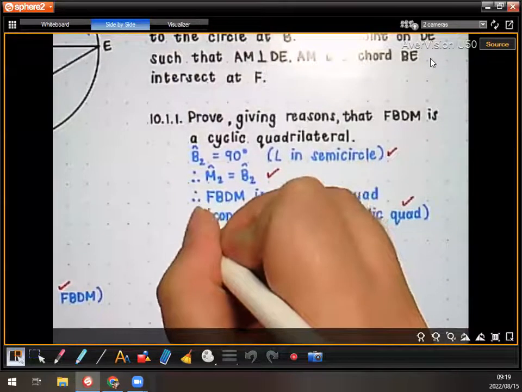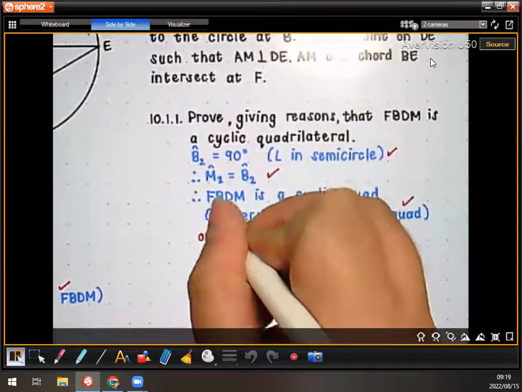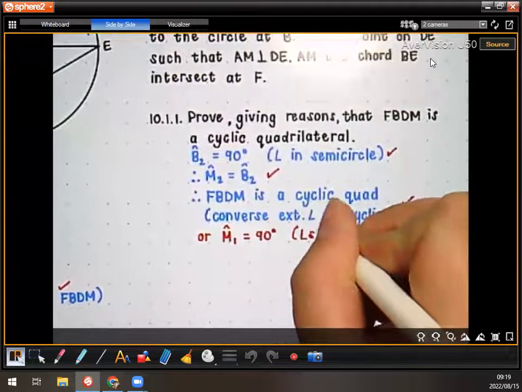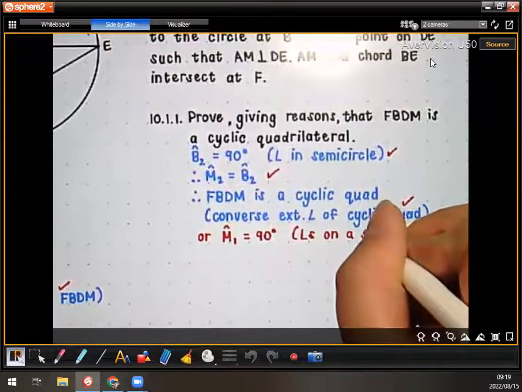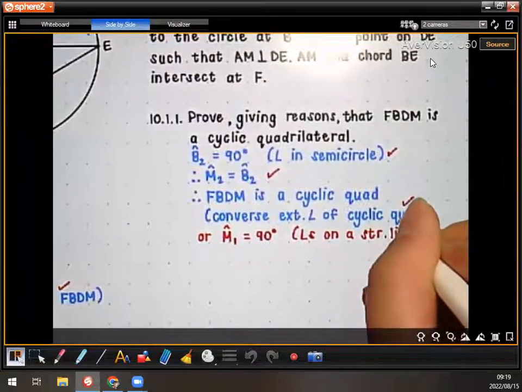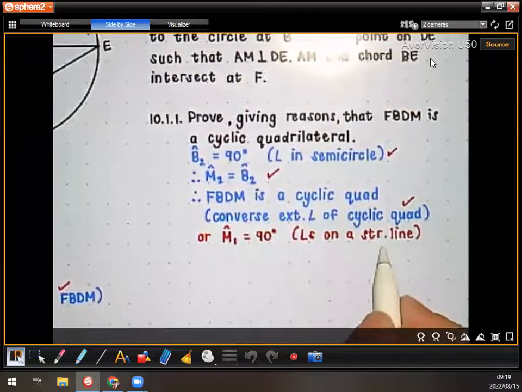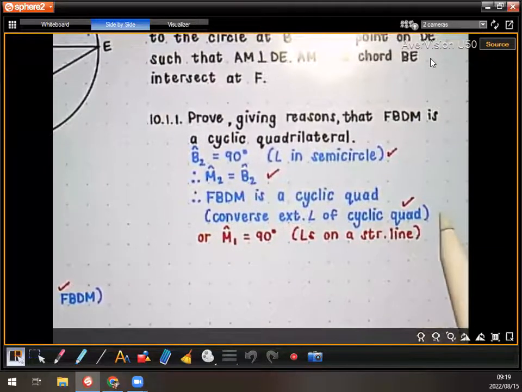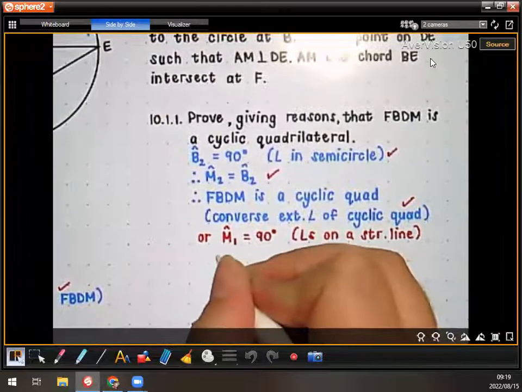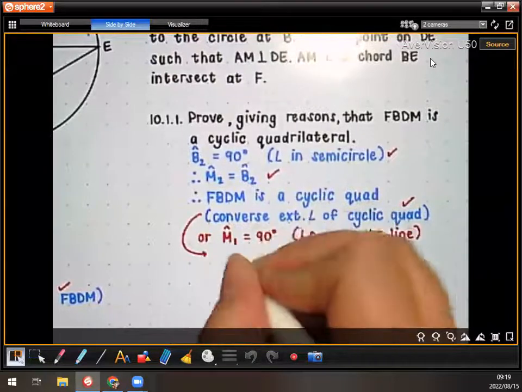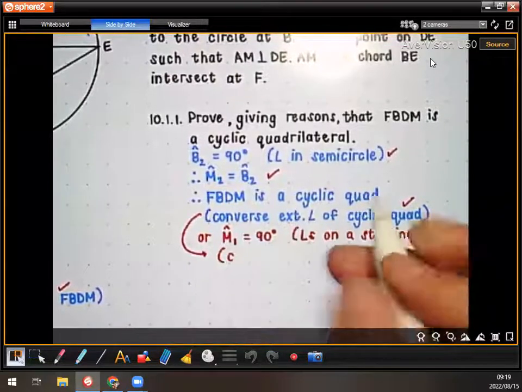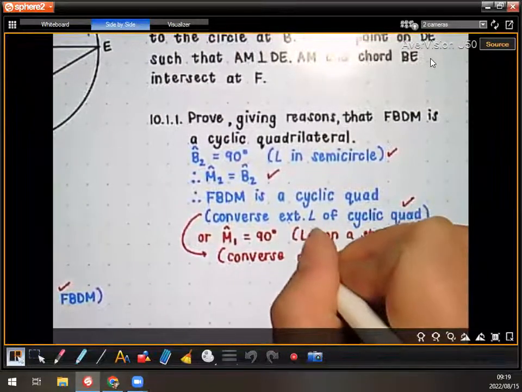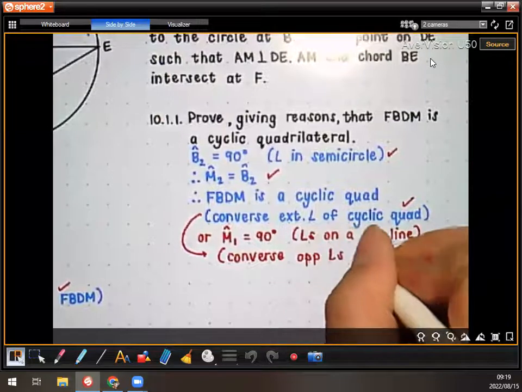Or you could have said M1 is equal to 90 degrees, angles on a straight line, in which case that would have been the 2nd mark, right? Instead of that one. That would have been your 2nd mark, and then you would have to write that statement again, but then the reason would be converse of angles of